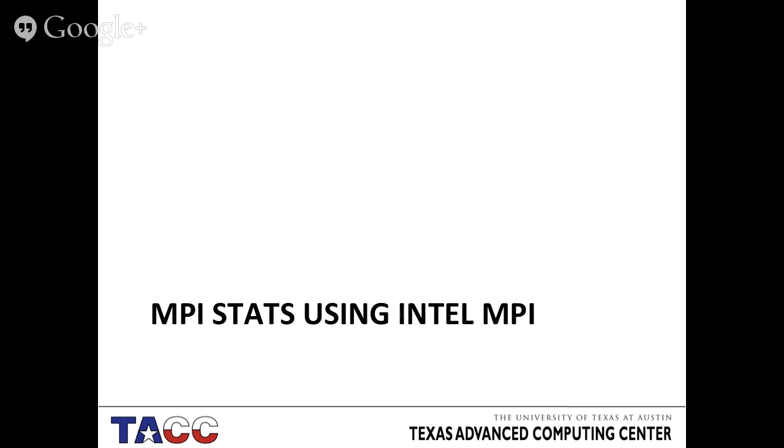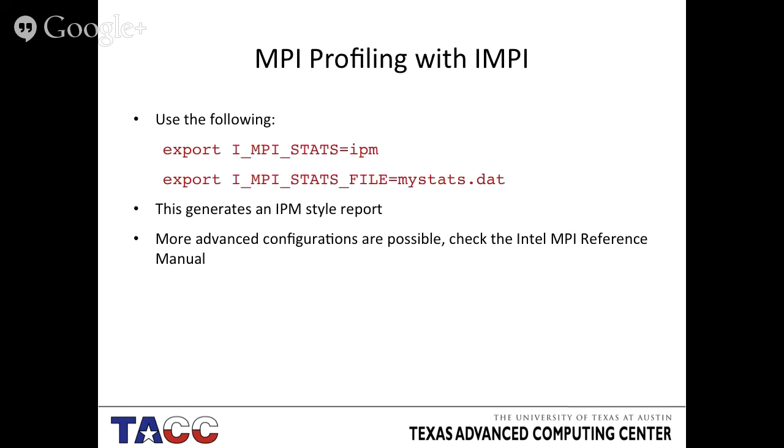Also, Intel MPI has MPI stats within the MPI just during your execution, so you don't have to do anything at all. All you have to do is, when you are running your MPI application, you set those two environment variables: I_MPI_STATS equals IPM, and I_MPI_STATS_FILE equals any file. And it will generate a profile of your MPI application in that particular file. And this is very basic, but considering the amount of effort that you're putting into getting this profile,